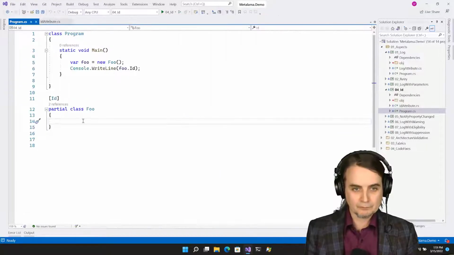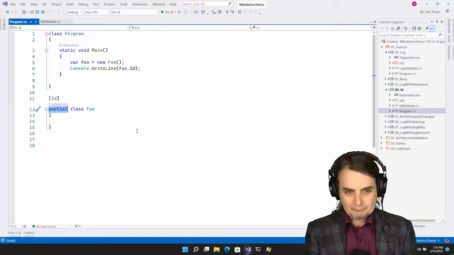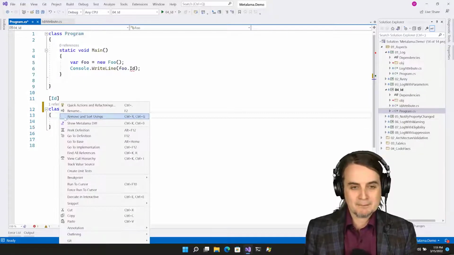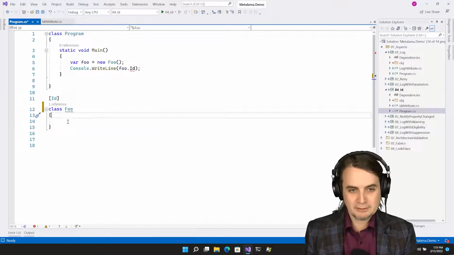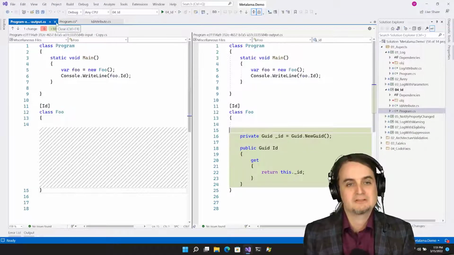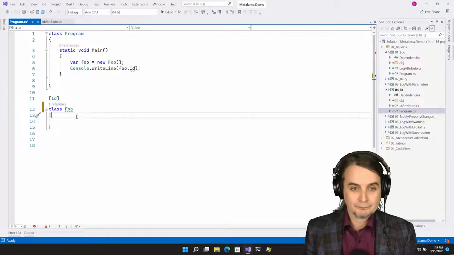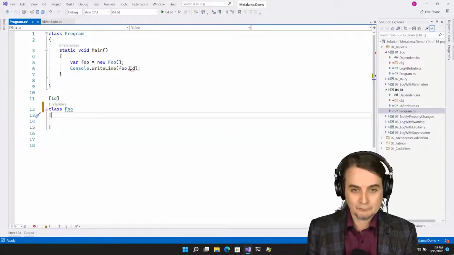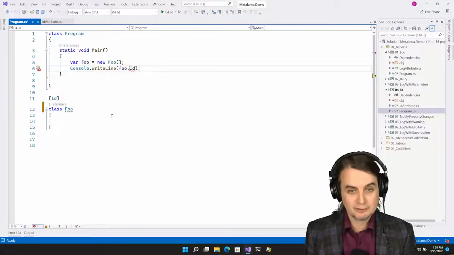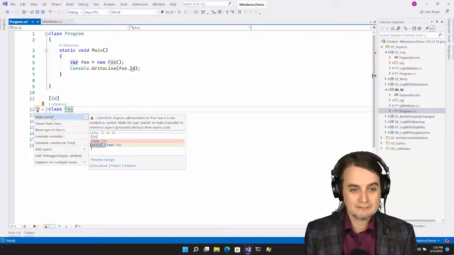Now, a side note, look at the partial keyword. If you don't use the partial keyword, actually, Metalama itself doesn't care because it's going to generate the code anyway, but this code is going to be generated at build time and not at design time. To make the ID property available at design time, because of the design of C# and source generators, you need to make the class partial.